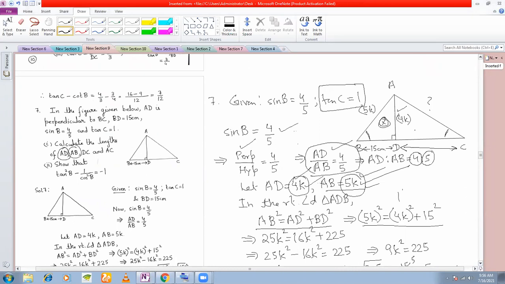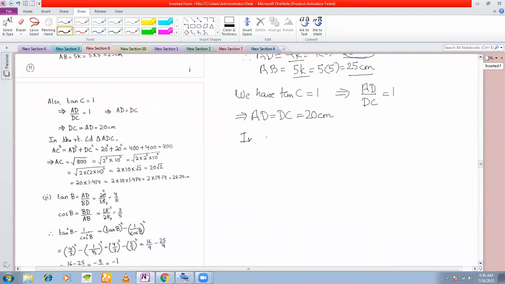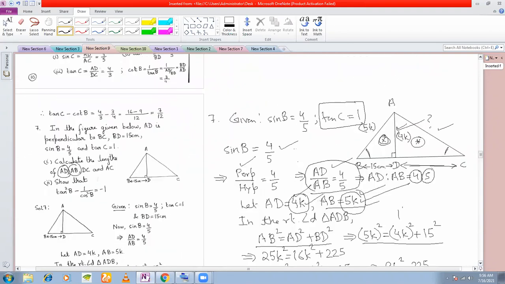We shall use Pythagoras theorem in this right angle triangle ADC, because we know the length of AD, we have calculated the length of DC, and we can only find out the length of AC. Let's find out. In the right angle triangle ADC, hypotenuse is AC, perpendicular is AD and base is DC, right? Check the figure. AC square is equal to AD square plus DC square. Okay. Now we put the values.